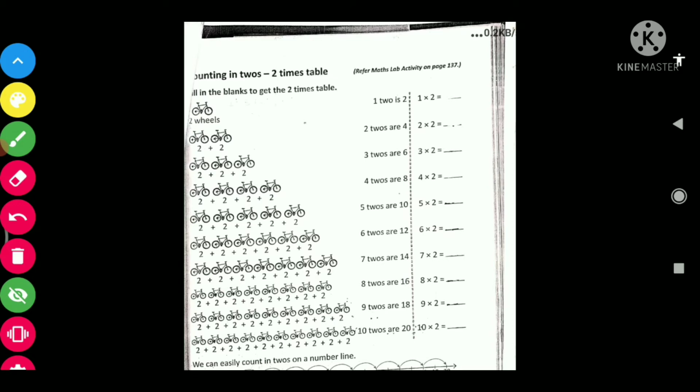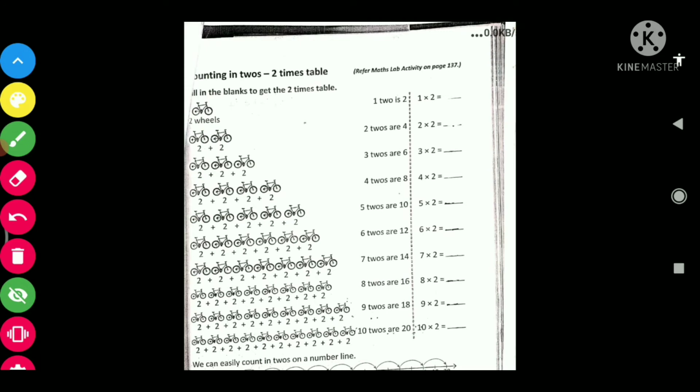How to say this one? 2 times table. 1 two is 2. 2 twos are 4. 3 twos are 6. 4 twos are 8. 5 twos are 10. 6 twos are 12. 7 twos are 14. 8 twos are 16. 9 twos are 18. 10 twos are 20.